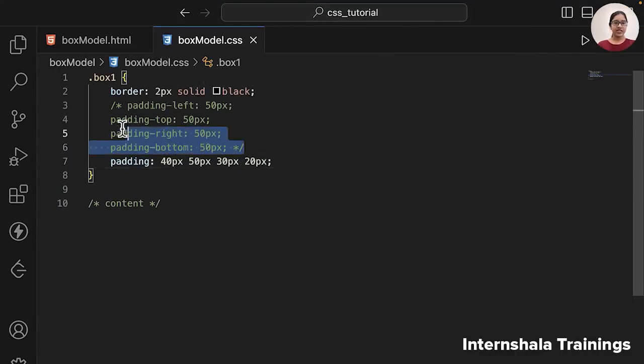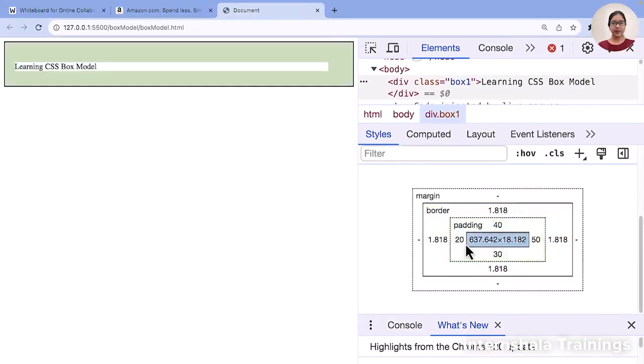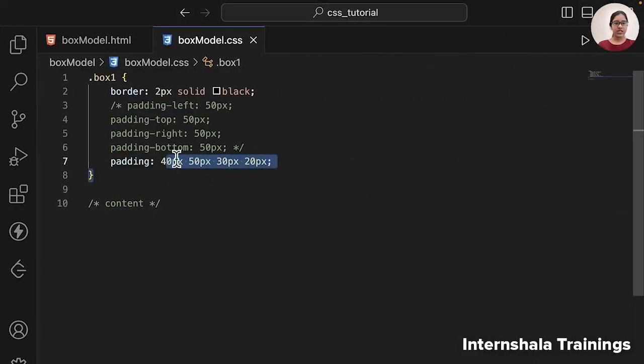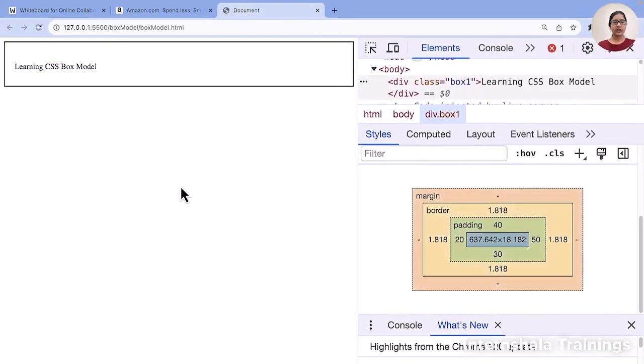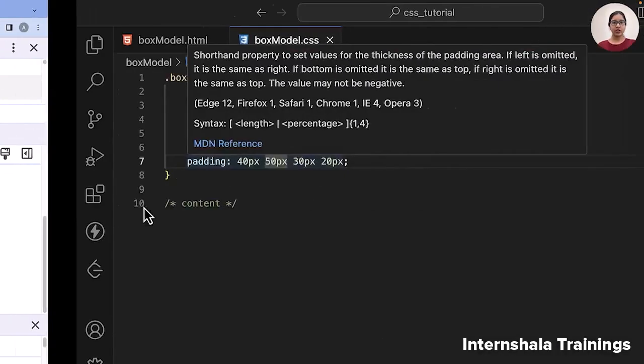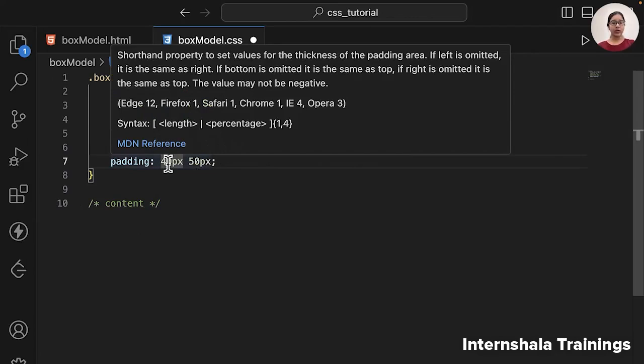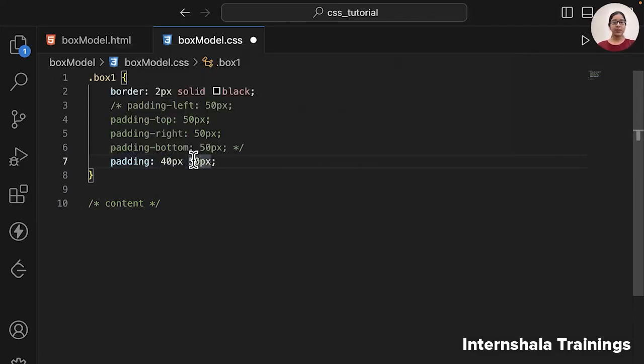So instead of providing it separately, you can provide it all in the same line. Can you see the paddings? Now suppose you want the same padding for top and bottom and the same for left and right. If you give only these 2 values, the 40 pixels will be applied to the top and bottom and the 50 pixels will be applied to the left and right sides.